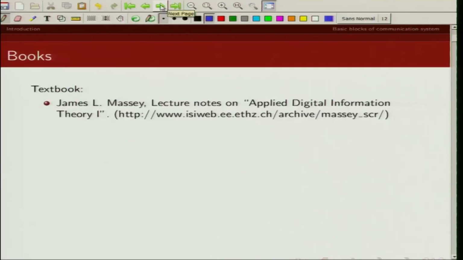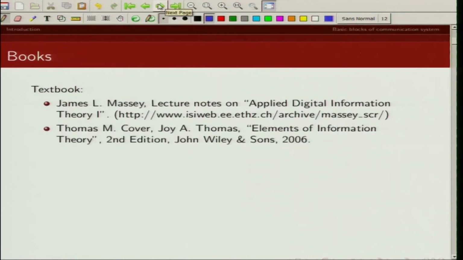So, the first lecture notes that we are going to follow in this course is by late Professor James L. Massey. These are Applied Digital Information Theory 1, and these lecture notes are available at this website, which is maintained by ETH Zurich. These are very nice sets of lecture notes on information theory and very easy to read and understand. Another classic book on information theory is by late Professor Thomas Cover and his student Joy Thomas. It's called Elements of Information Theory,